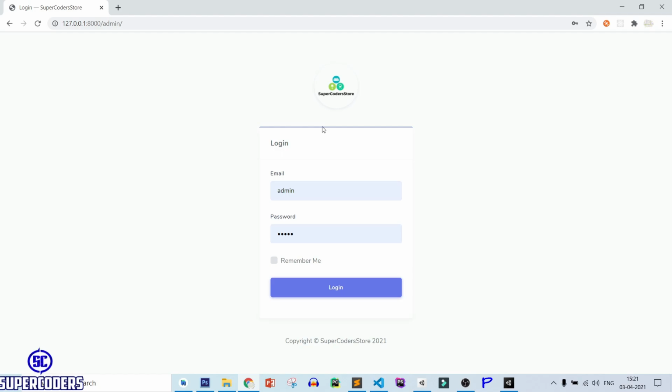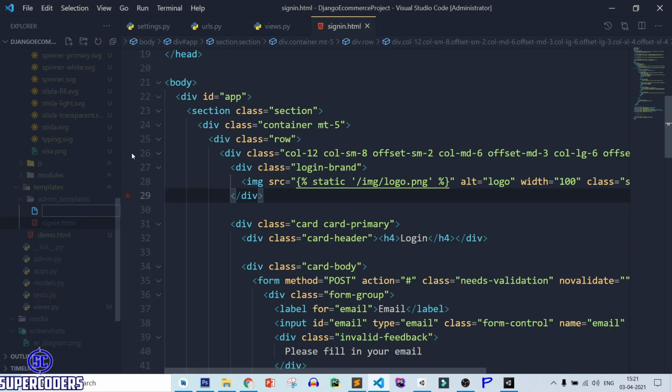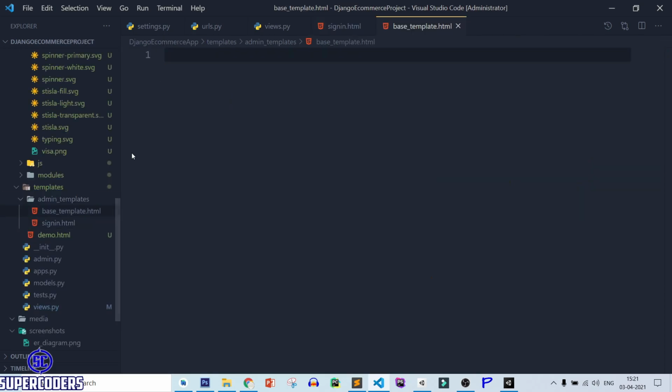Create a simple inner page for admin, which means create a simple base child template page for our admin panel. So back to VS Code. After that, let's create a base child template. So right click on base template, base template.html. In the base template, it contains everything, and our child template will use this base template. So for this, let's open our template folder again.